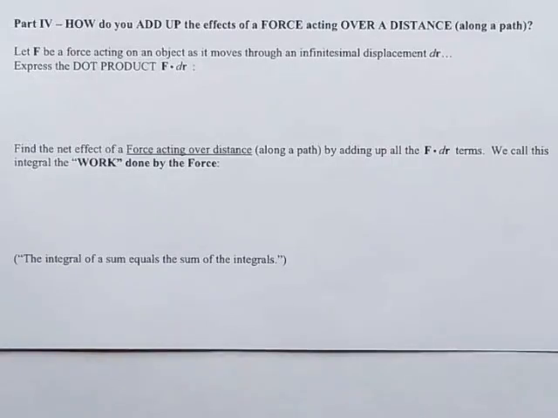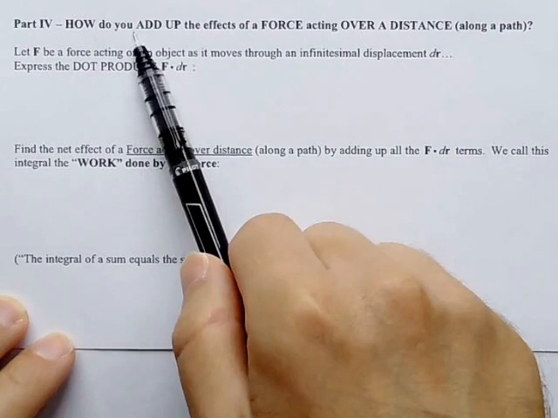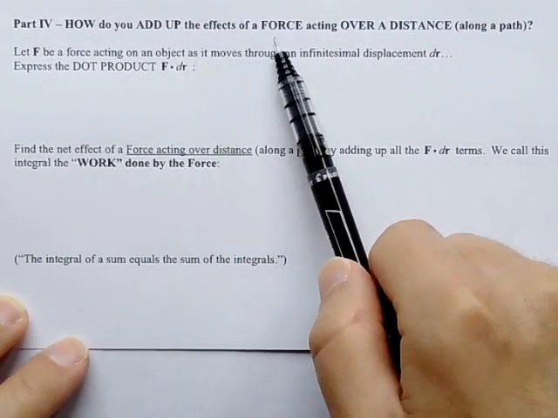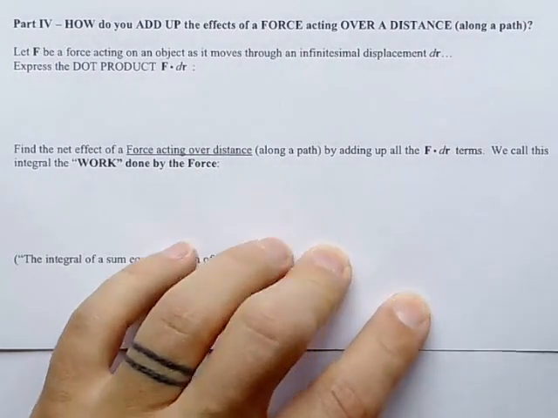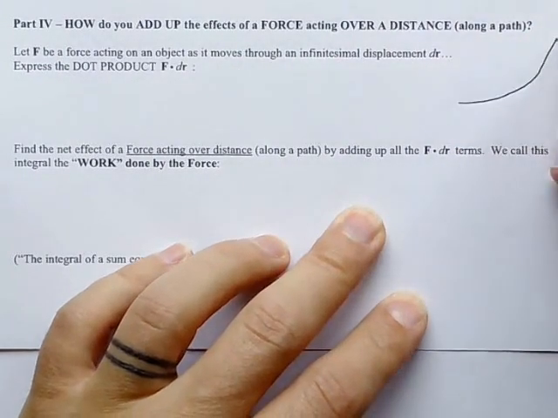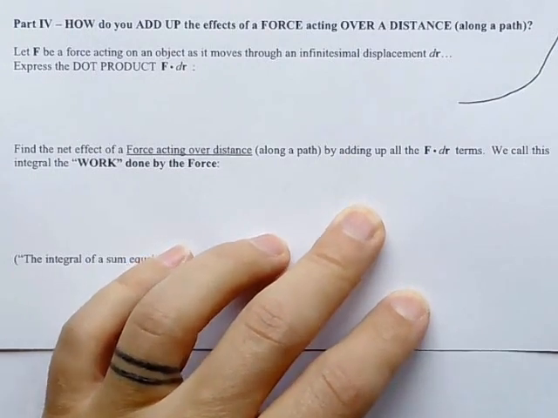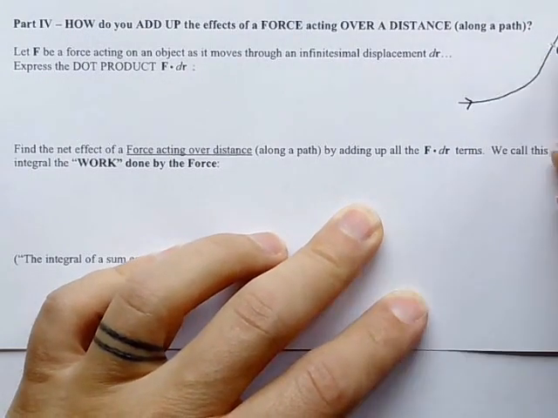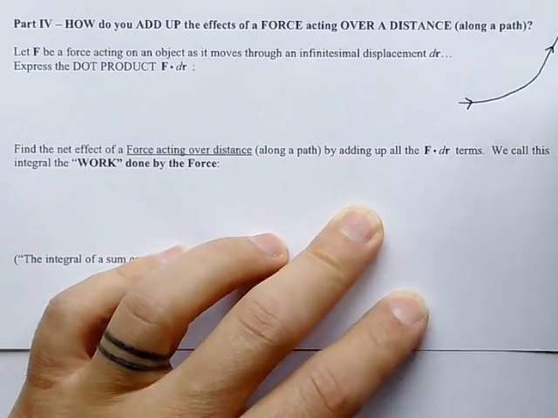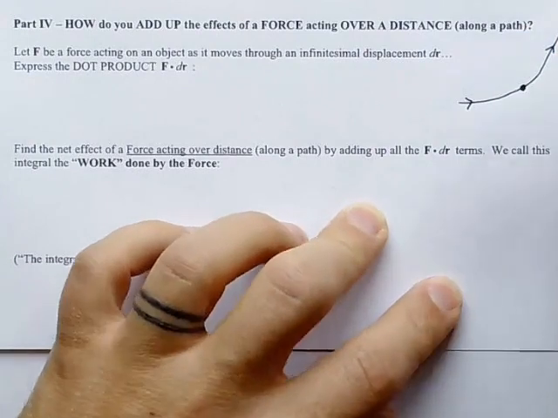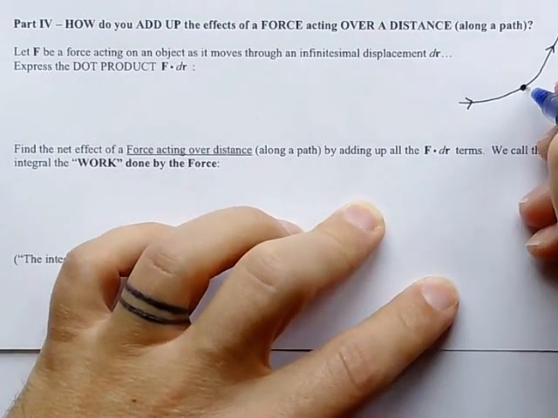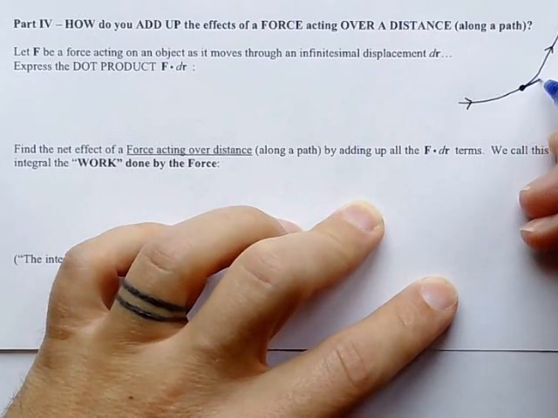Now that we've defined the dot product of two vectors as the product of their parallel parts, we can use that construct to add up the cumulative effects of a force acting on an object over a distance along a path. So suppose an object moves along some path through space like that, and in this direction, and we pick out some particular moment along that path, say this moment, and at that moment we draw in the instantaneous infinitesimal displacement vector, which is like a little step forward